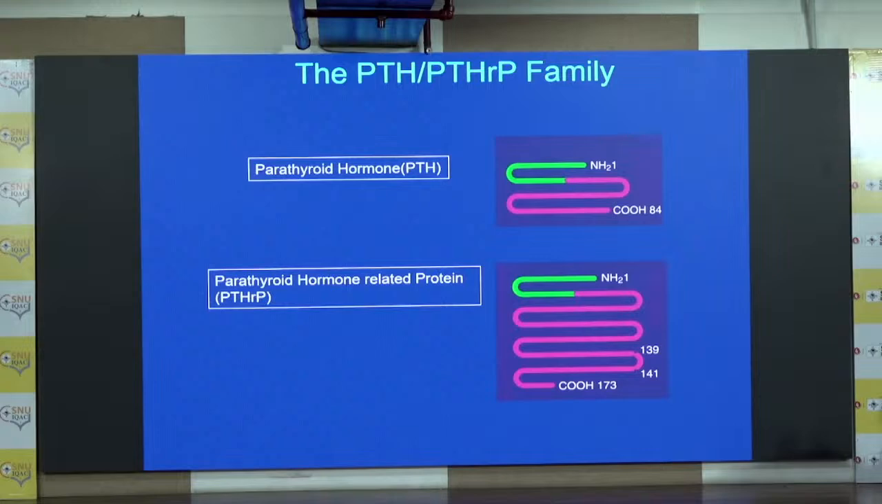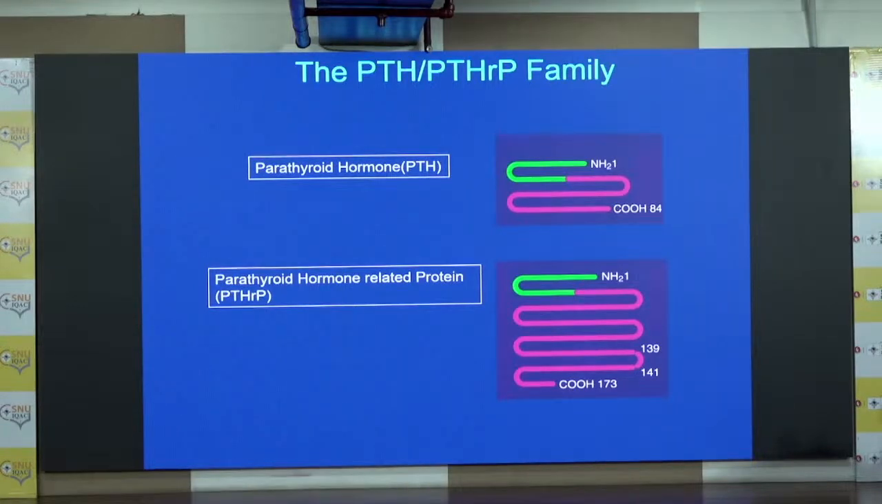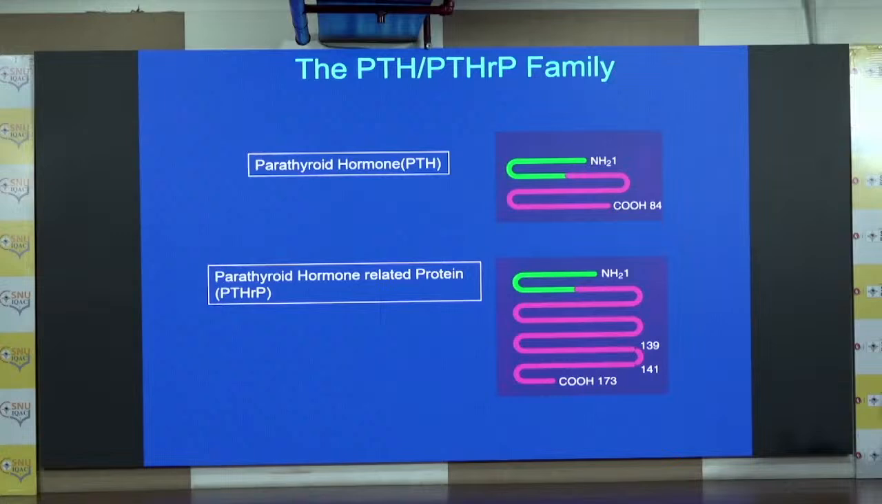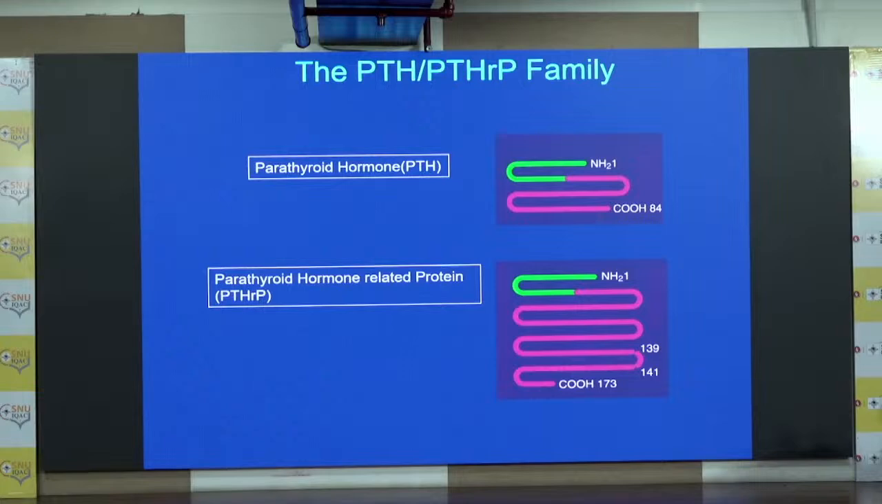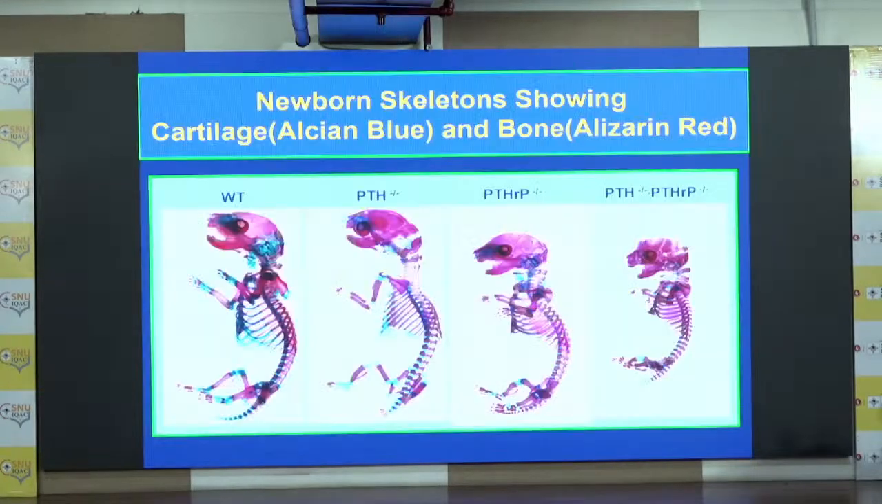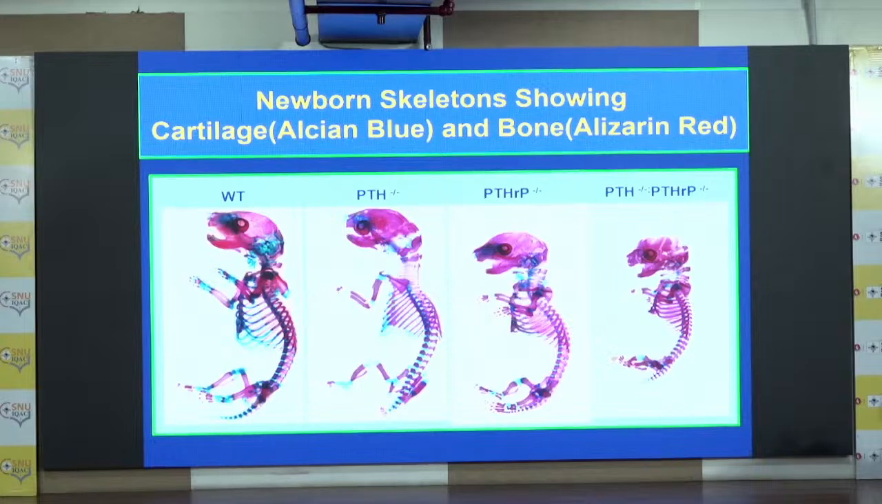Now, the amino terminal ends of PTH and PTHrP are similar. The rest of the molecules are actually quite different. PTH 1 to 84 is the major form of parathyroid hormone, and PTHrP comes in 3 isoforms of 173, 141, and 139 residues. But the homologous end is intriguing, and what we did to understand the physiology is to do